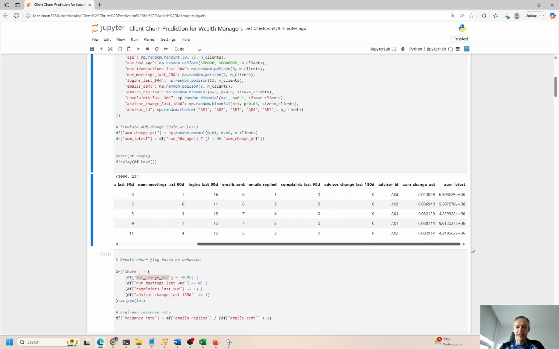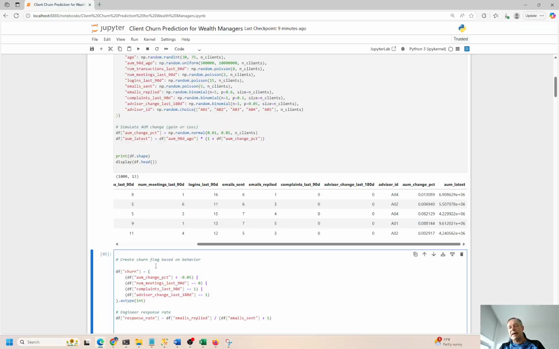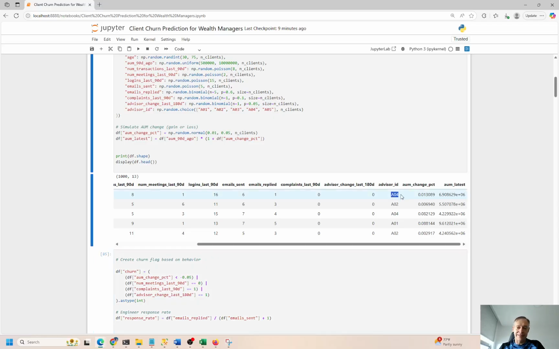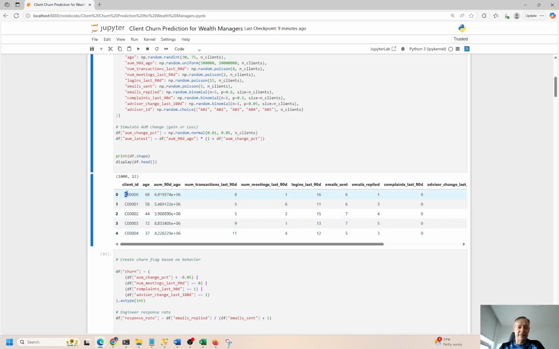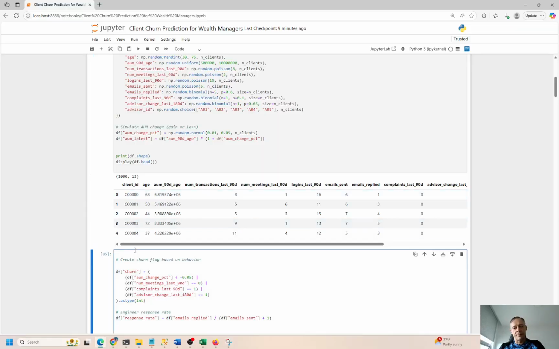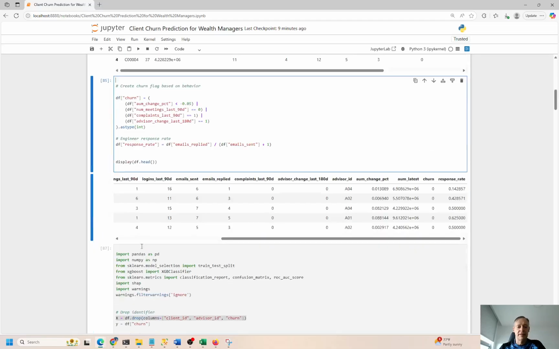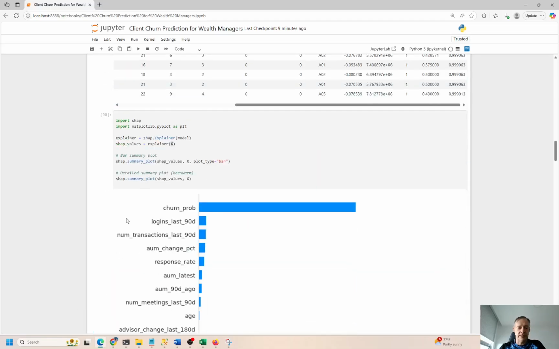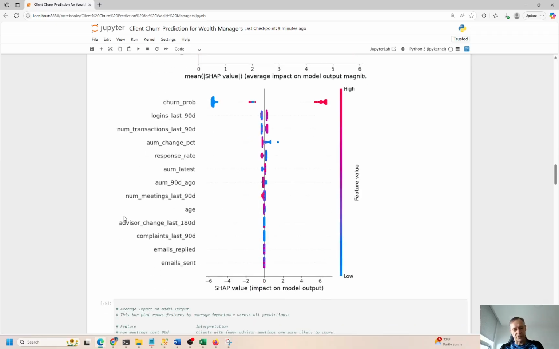And the same with the advisor identification, right? If the advisor ID is over here, you don't necessarily want to know who the advisor is as the data scientist or as the machine learning engineer. If you were the actual wealth manager, then I think it's totally fine to have the wealth manager name over there, and to have the client name over there. But as an analyst, you don't want to expose your clients to that. It's called PII, personally identifiable information. You don't really want to release that PII to an analyst or a data scientist or machine learning engineer. So we have sort of anonymous information, but whatever, right?